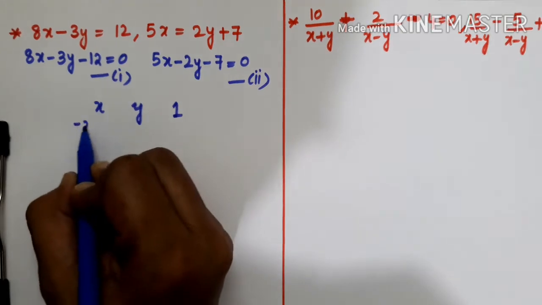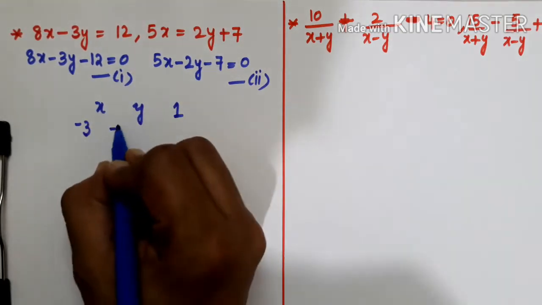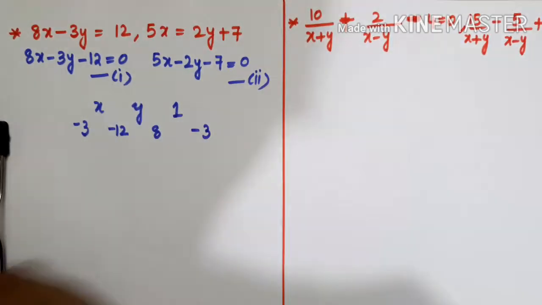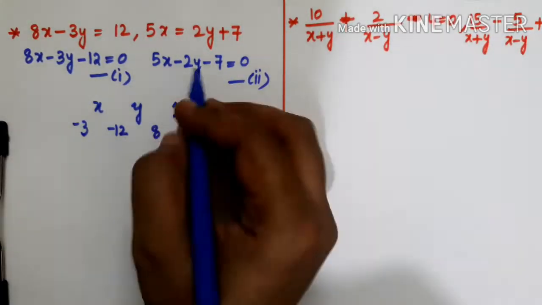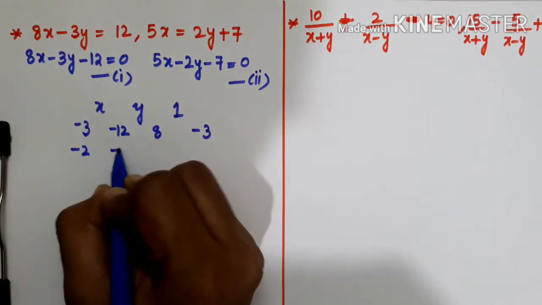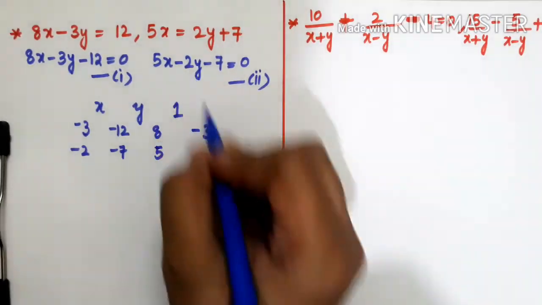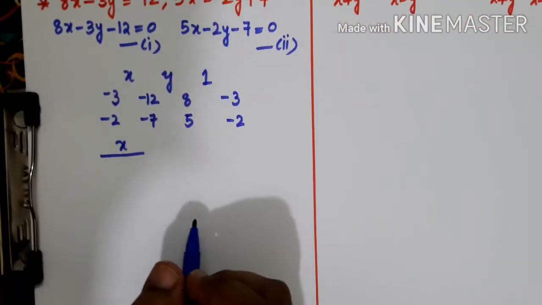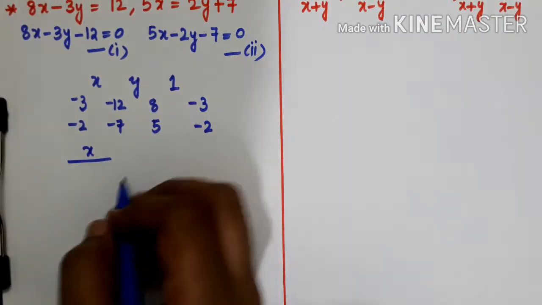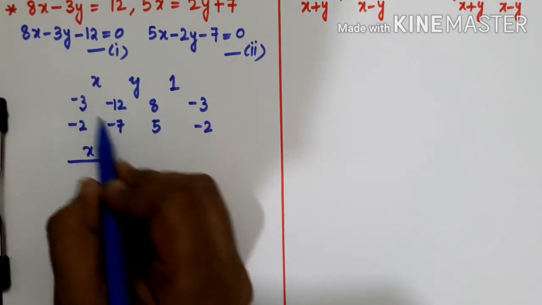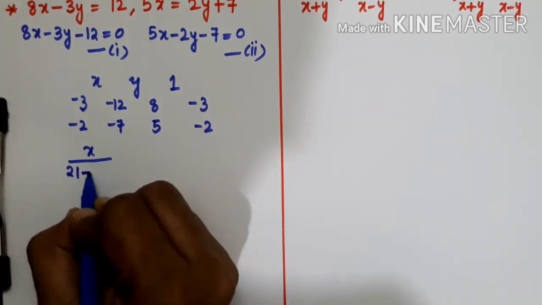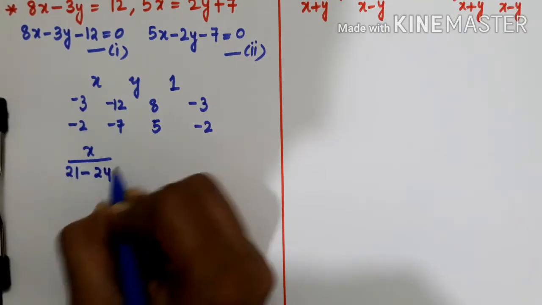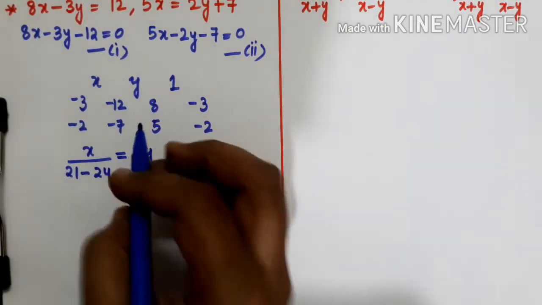Y coefficient is minus 3, then minus 12 as it is, then x coefficient is 8, then again come back to minus 3. Then the next equation: minus 2, minus 7, 5 and minus 2. So now x divided by, minus into minus plus, 3 sevens are 21. Then minus, here already minus into minus, it will become plus, 2 into 12, 24, equals y divided by,